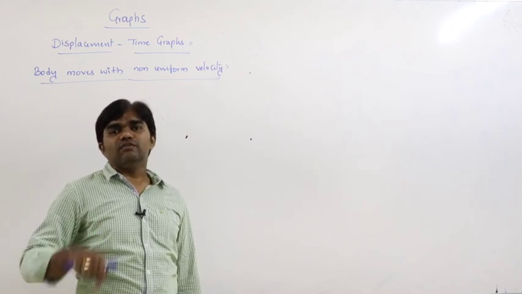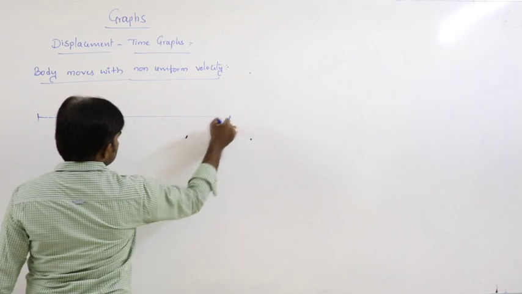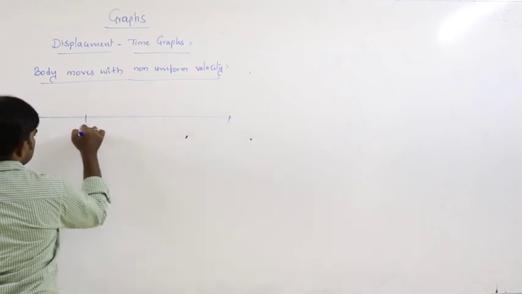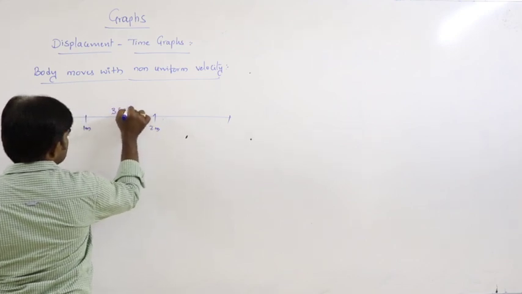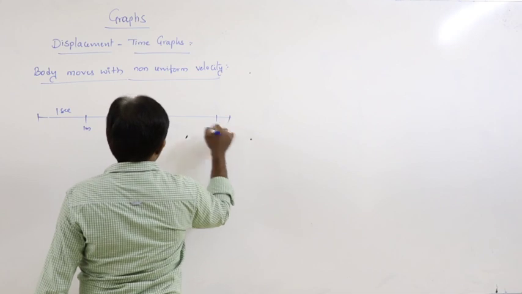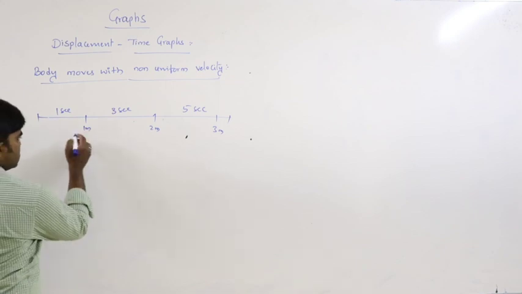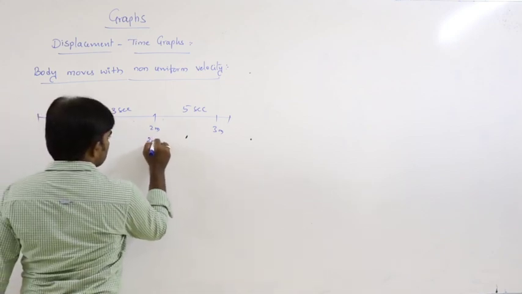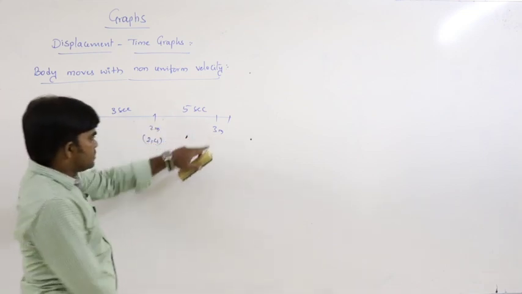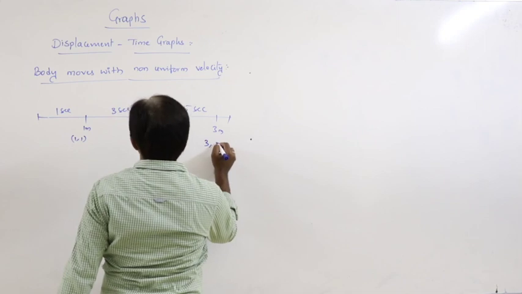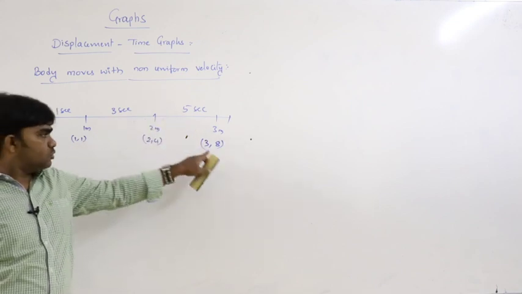Unequal displacements in equal intervals of time. So see here, for example, this is the situation. It's 1 meter in let us say 1 second. 2 meters, here let us say 3 seconds, and it is 3 meters. Let us say 5 seconds here. Like that. And what are the coordinates here? 1, 1, then 2, 4. From here to here, the total is 4 seconds and it is 3 meters. So 3, 8, like that. Total time is 1 second, 3 seconds, 5 seconds, total 8.